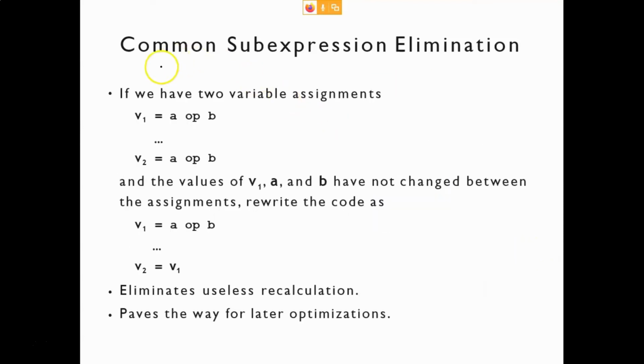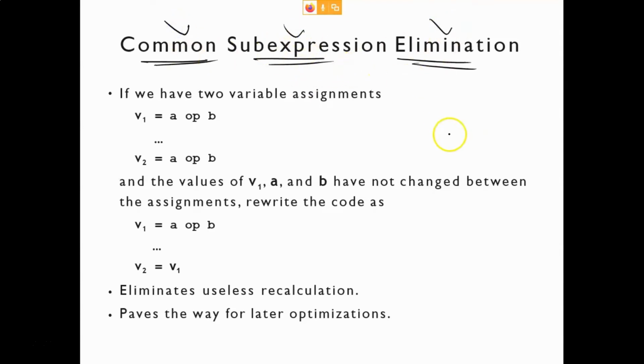So this is the definition, and this is the procedure. In the GATE exam, in our syllabus we only have local optimization, so they will give you a small basic block. There will be no loop, there will be no conditional statement, there won't be anything, because you will be given a basic block. In our syllabus we have only local optimization. On that basic block, they will ask you to apply common sub expression elimination.